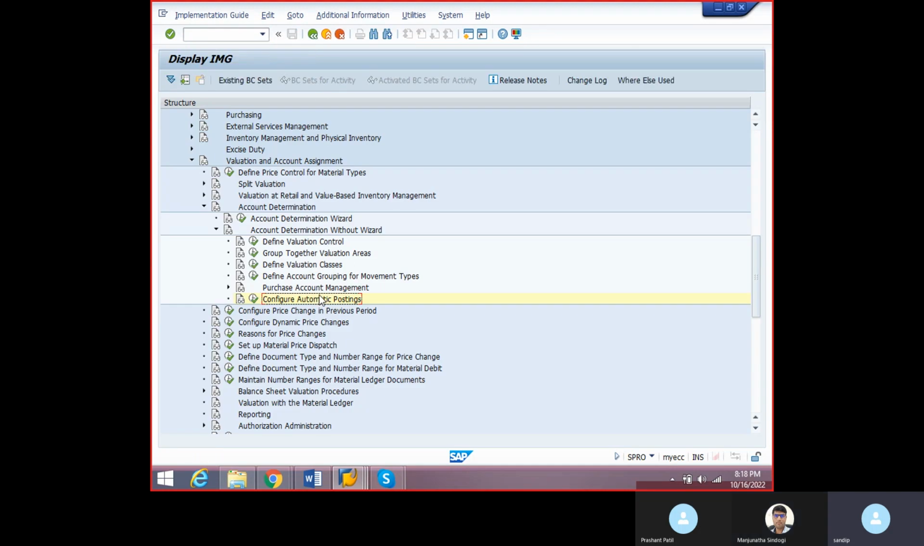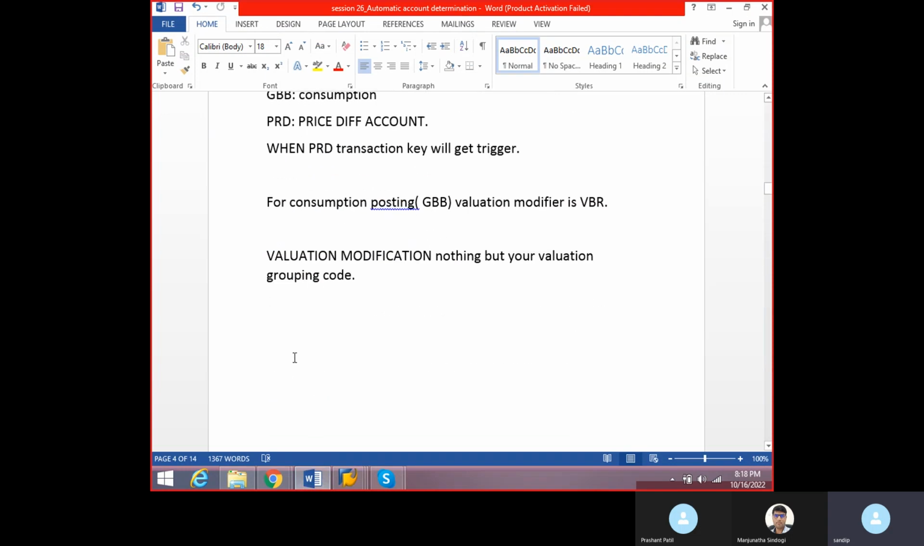Okay, because I know this is a somewhat tricky point, because there are lots of configurations, lots of small points, and different linkages. So that linkage we need to understand. If you talk about the different entities in all the automatic account determination,